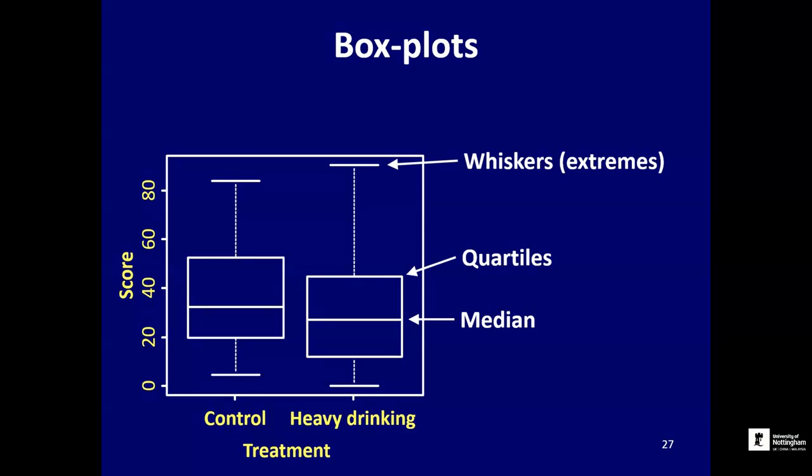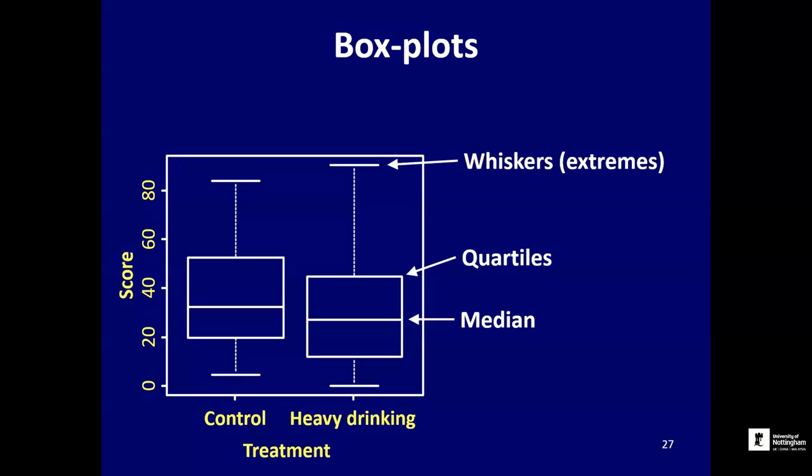Well, first of all, I just want to show the data in another form. Very commonly for data like this which don't follow a normal distribution, we might want to plot what's called a box plot. The box plot shows slightly different information from a standard error plot that I've been showing you so far, which is typically showing the mean and the standard error. The problem with the mean and the standard error is that they are typically associated with normal distributions. If the distribution is very wonky, very messy, then interpreting particularly the standard deviation, and the mean, can get a little bit tricksy, and it's in those situations that people often resort to plotting the median,